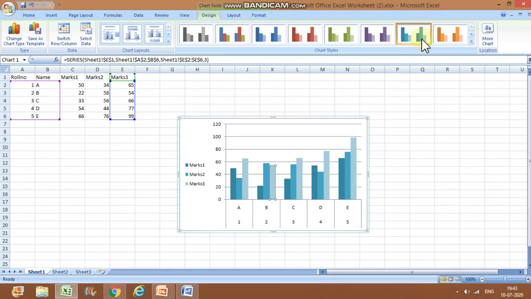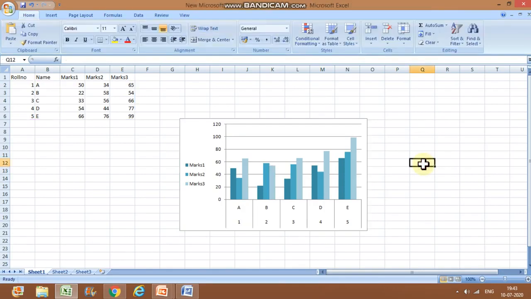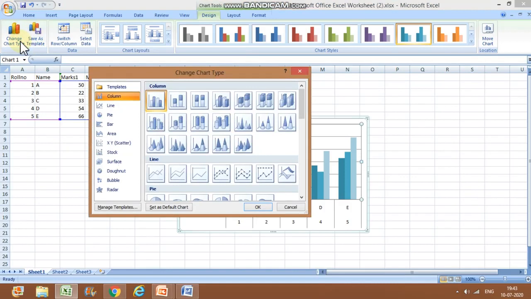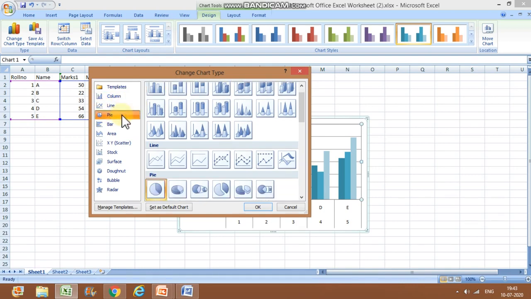Okay, now next was chart type. Chart type is again in the same place: click on the chart, the design tab, and here you have the type option. Change chart type. These are the types of charts. I made a column chart earlier. I want to make a pie chart now with the same data.